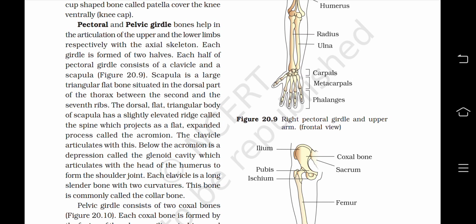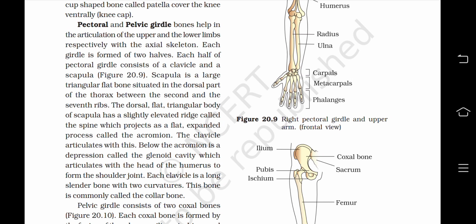Each girdle is formed of two halves. Each half of pectoral girdle consists of a clavicle and a scapula. Scapula is a large triangular flat bone situated in the dorsal part of the thorax between the second and the seventh ribs. The dorsal flat triangular body